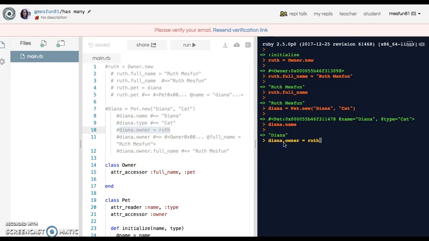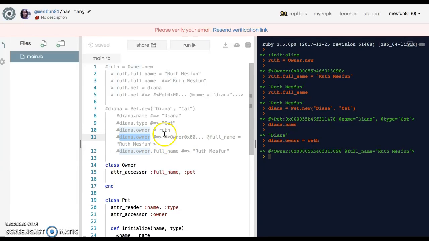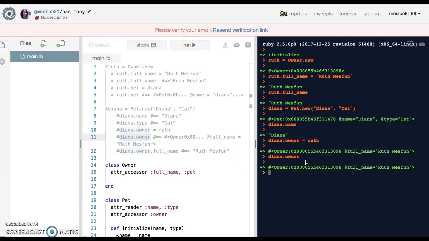Okay, it is owning. Remember, when we do Diana.owner equals Ruth, it is saying that Diana.owner is holding the object Ruth, right? So then when you call upon Diana.owner, it's going to call upon the object. So that's why you're able to use the full name method in the object. Okay, so